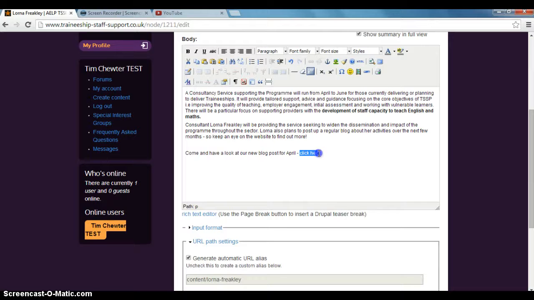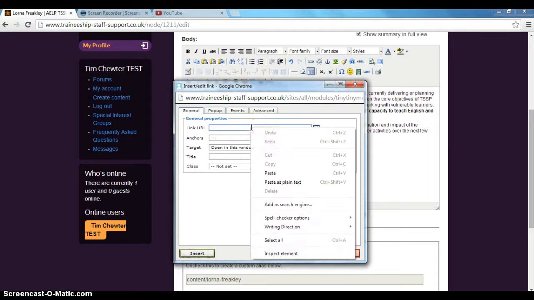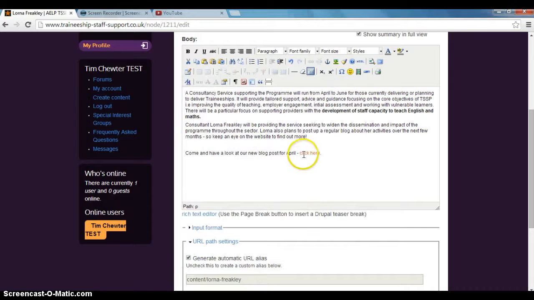And so I would highlight what I want to link, and I click this button here. If you hover above it, it says Insert or Edit Link. Click that one, and here I'm going to paste that URL link that I have just copied from the blog post. And so that link is now in there. If I click Insert, it's now hyperlinked those two words there,